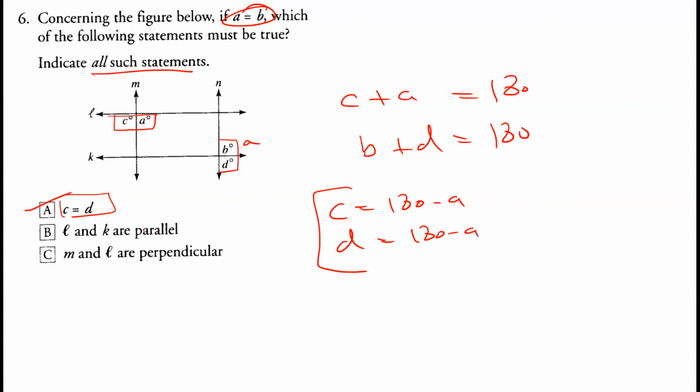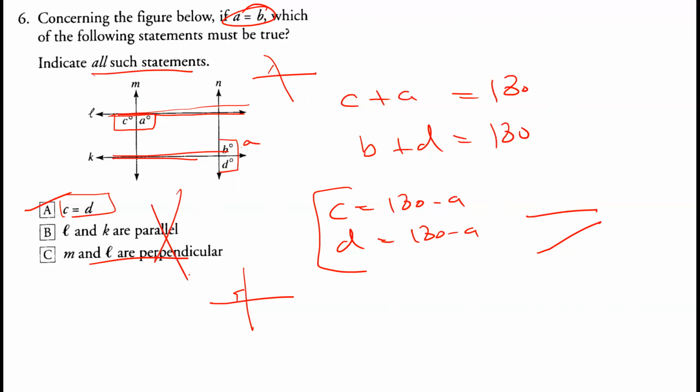Now L and K are parallel. Are these two lines parallel? Now you would be tempted to say yes, they are parallel, but there is no proof. These lines can be parallel or they cannot be parallel. So are M and L perpendicular? Perpendicular lines are the ones that, if they intersect, make a 90 degree angle. Again, you would be tempted to say yes, but again, we are not sure. We have no information that says it's parallel or perpendicular. Maybe it's cutting at an angle other than 90 degrees. So again, it's not true. So we cannot prove this.